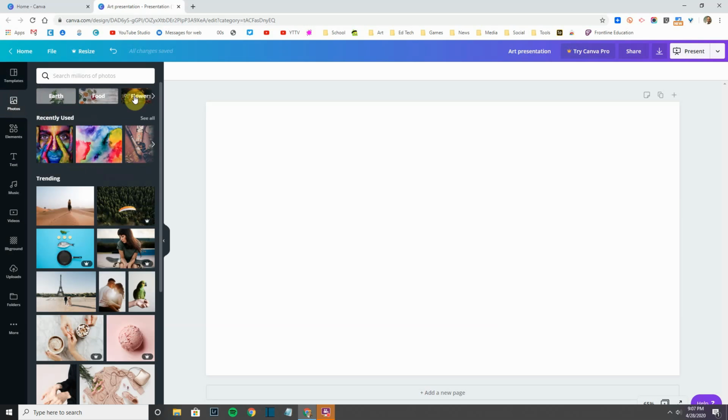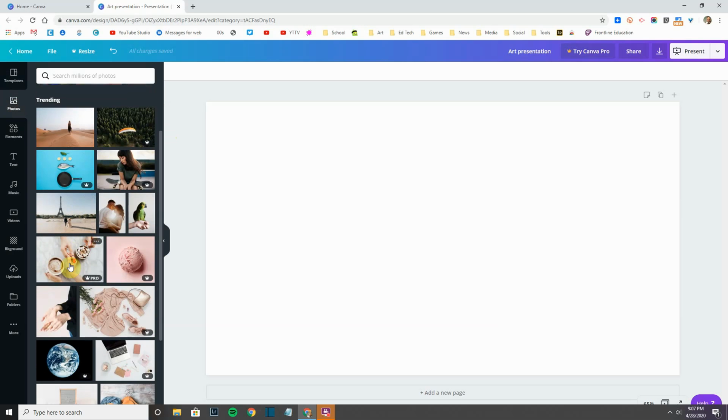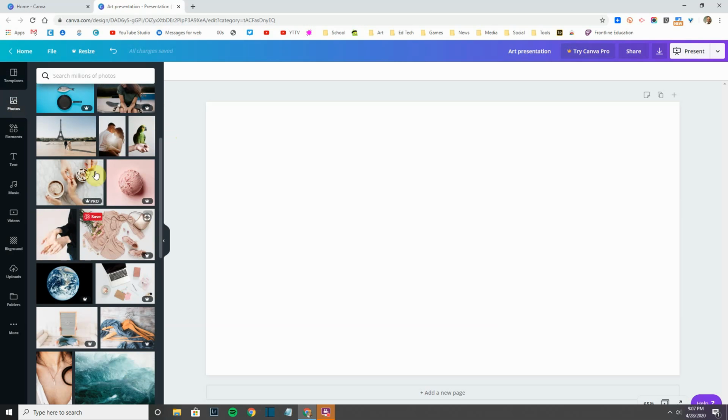Photos, you have a nice category, descriptions up top: earth, food, flowers, money, nature, books, lots of categories. You can see my recently used, trending. At this point I just want to note that if you see a pro or a crown icon, you will have to get the image by paying $1 when you go to download. So if we added one of these images here to our presentation, then select the download, we would, unless we